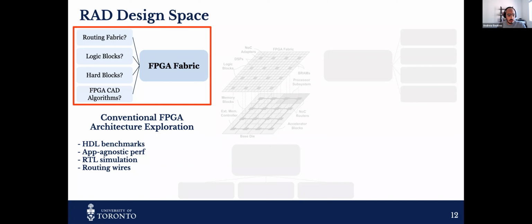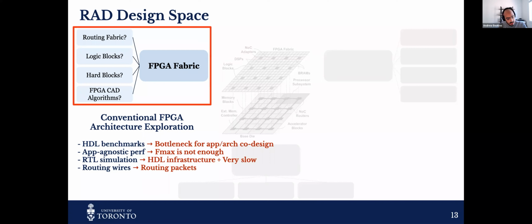And in order to make sure our benchmarks are functionally correct, there's no way of doing that except RTL simulation. And the CAD tool, the VTR flow, is routing wires between different blocks in your netlist. And if we try to look at those characteristics in the context of the RAD design space exploration, we'd find